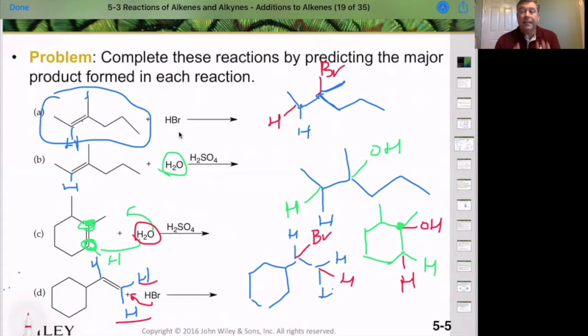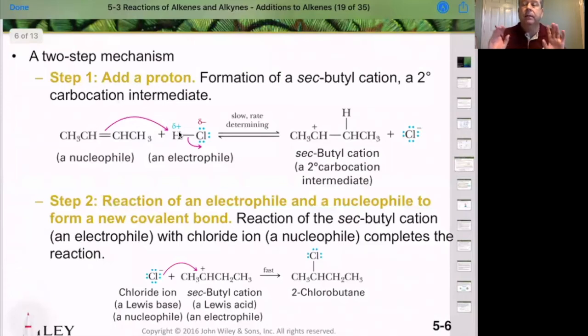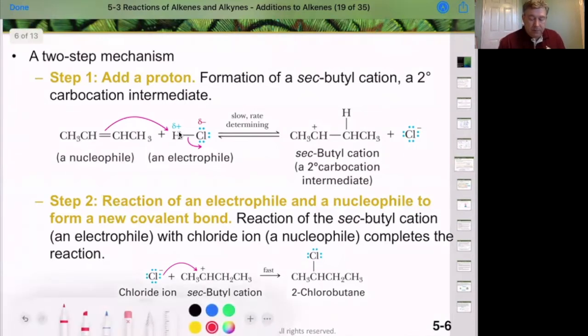But you can easily predict the major product just by following Markovnikov's rule. Okay, so let's talk about the mechanism and why it adds that way specifically. So in the case of our compound here, let's use a symmetrical